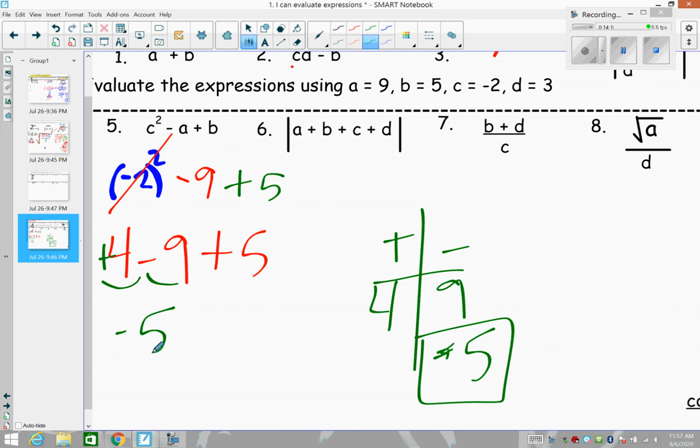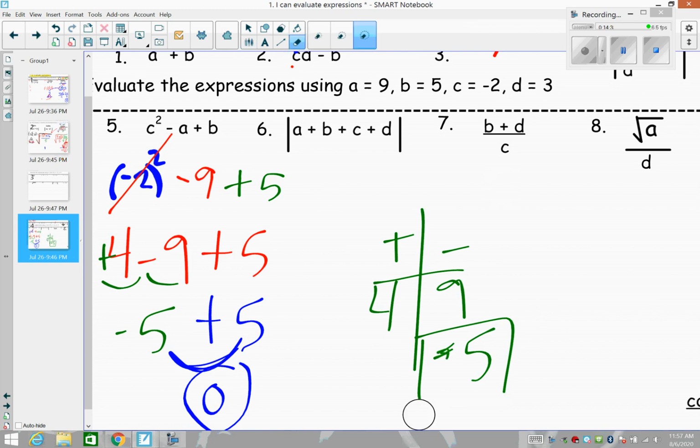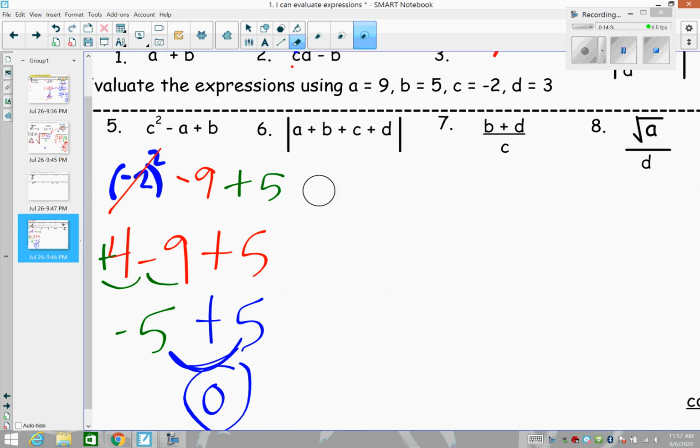Negative 5. If I haven't used it, I drag it down. Now, if I were to tug of war this, we would end up with 0. So 0 would be our answer for that problem. All right, so hopefully you're 1 for 1. And I'm going to erase this stuff here so we have a chance to show our work on the next